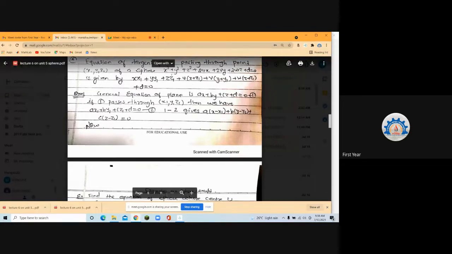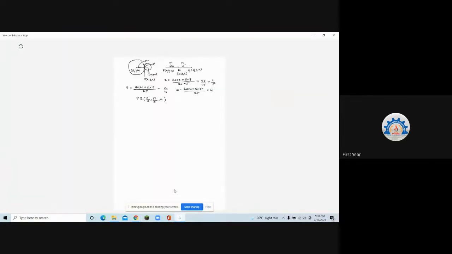Just see, the sphere is x square plus y square plus z square plus 2ux plus 2vy plus 2wz plus d is equal to 0. If you want to say that the plane is tangential to the sphere, how is the diagram? Just see, it's like this. This is your sphere, and the plane is lying on top of it, or maybe on the side, or maybe below, just touching at one point. So don't feel that it is intersecting. It is touching at this point. It is kept on top.